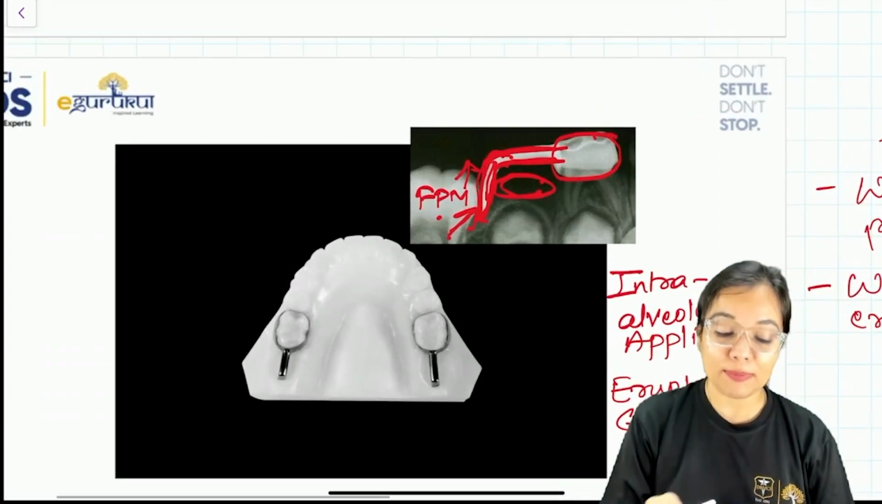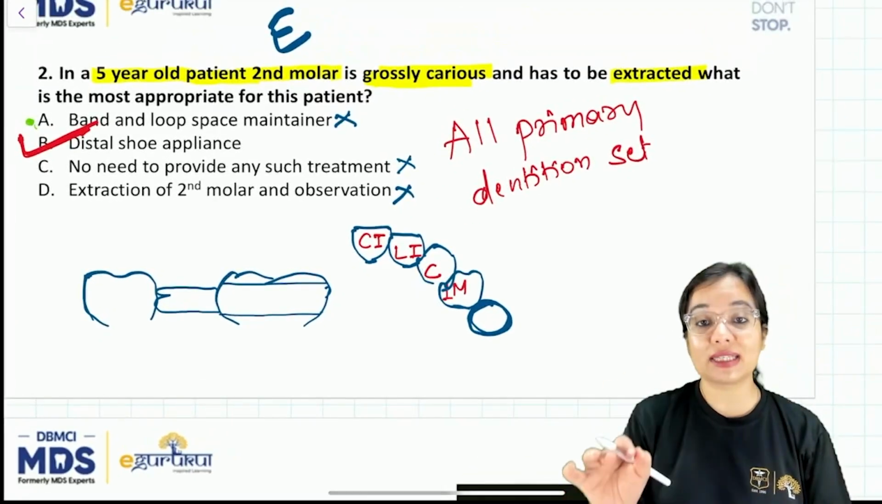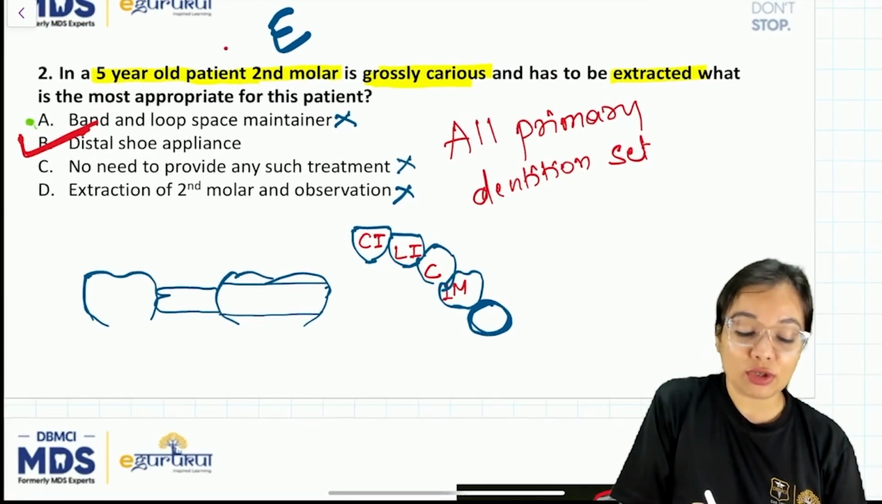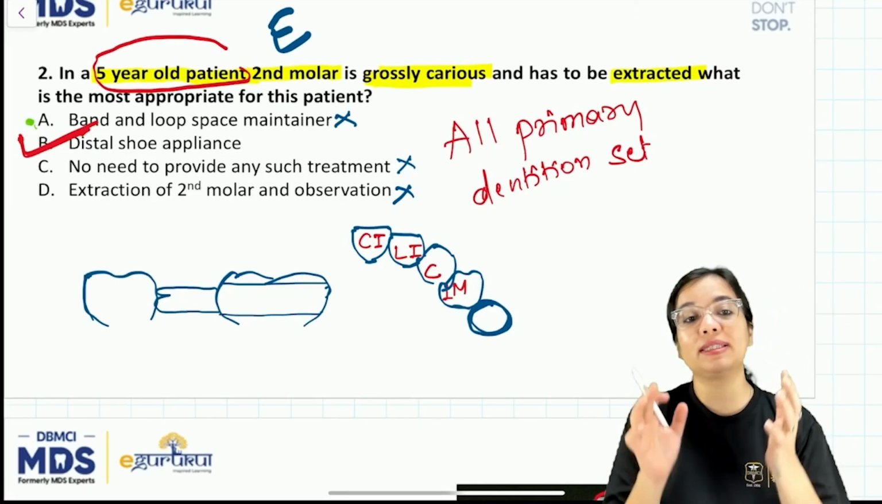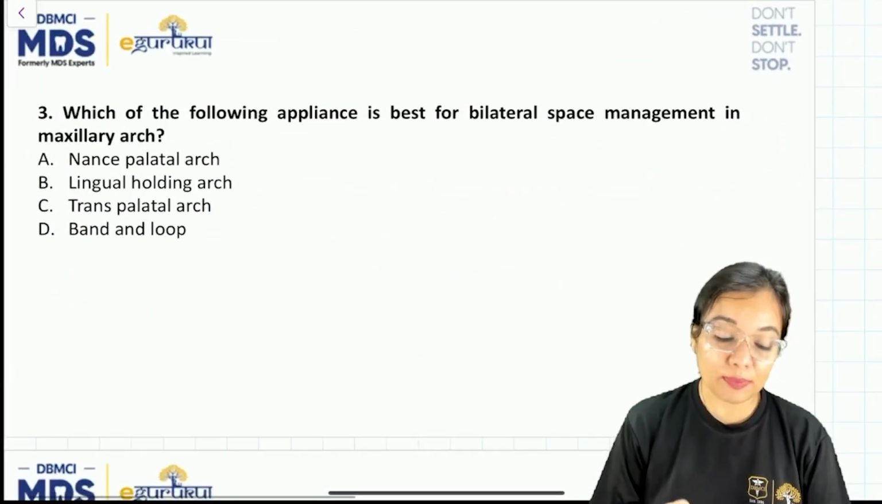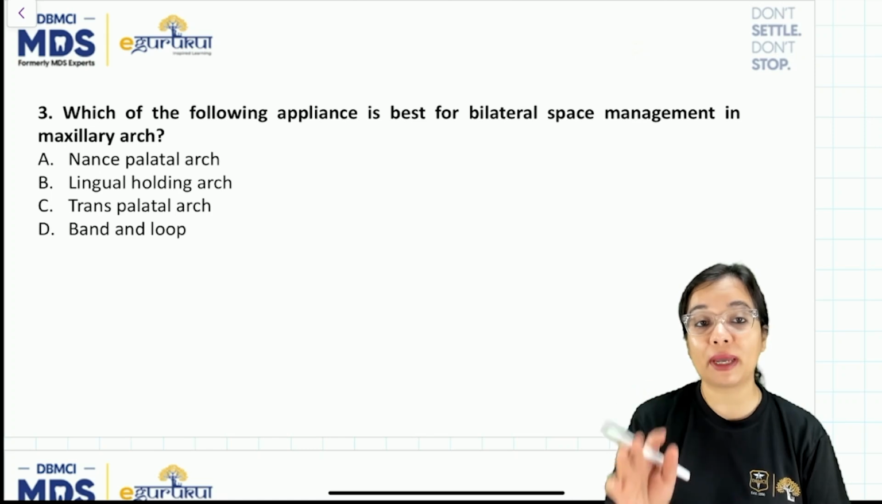into proper place. So in such a case where E is extracted and 6, that is the first permanent molar, is still not erupted, such as a case of a 5-year-old child, you have to give a distal shoe appliance. So the third question is, which of the following appliances is best for bilateral space management in